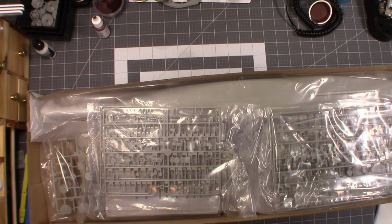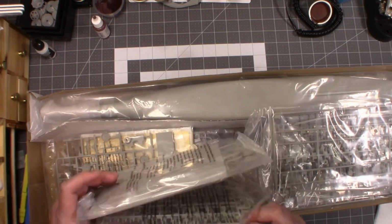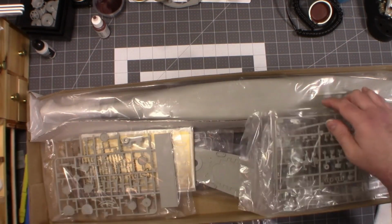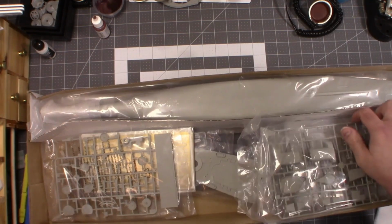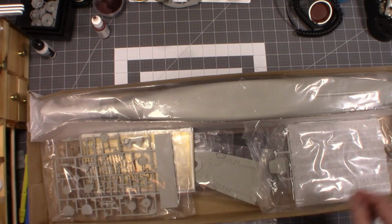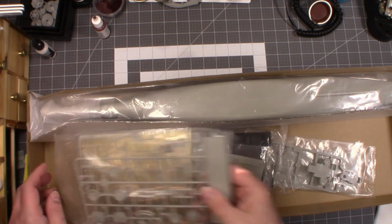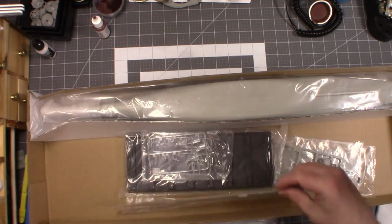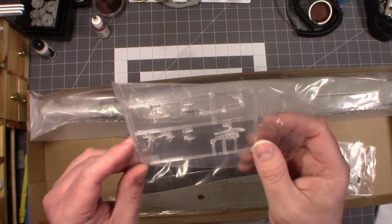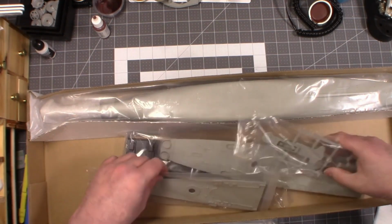So we have some sprues here. We have 2, 3, 4, 5, 6, 7, 8, 9, 10, 11, 12, 13 aircraft. Nice clear aircraft. That's always good. So we have 11 sprues, and then we have the